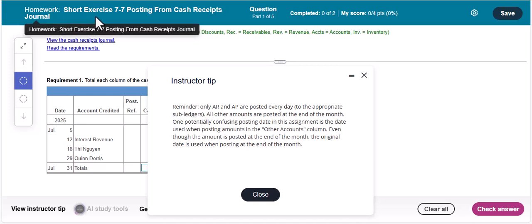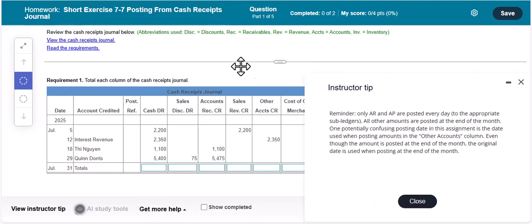Now for exercise 7-7, posting from the cash receipts journal. We're going to be posting from the cash receipts journal to the accounts receivable subledger and to the general ledger. So I have this handy instructor tip pop up